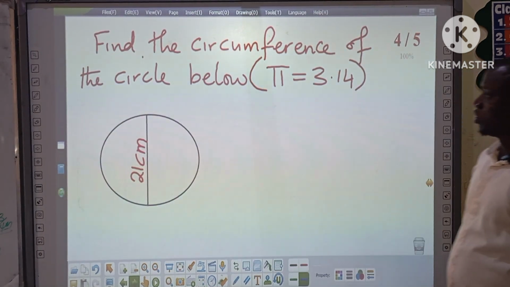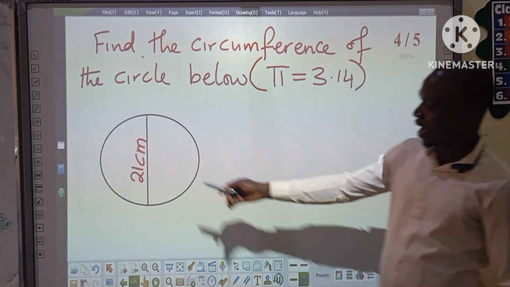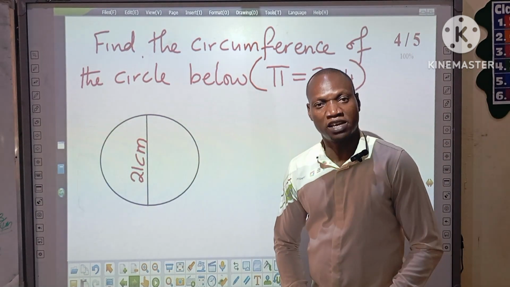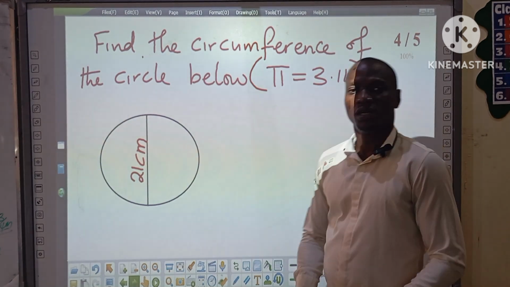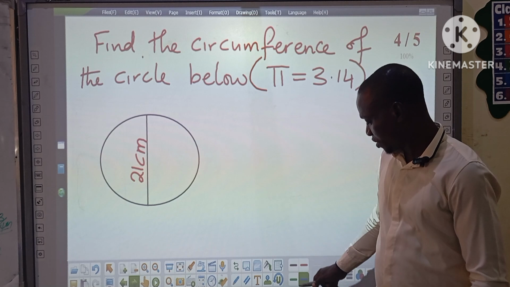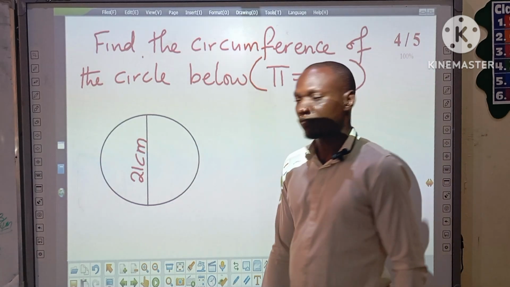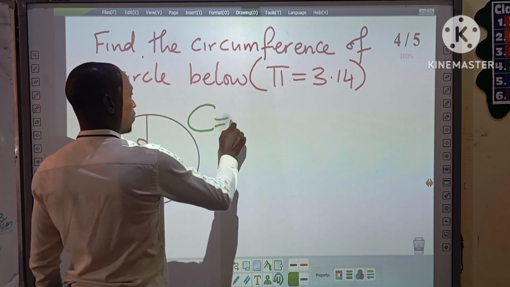Question number 2. We are asked to find the circumference of this circle, and the diameter was given, and the diameter is 21 centimeters. We were given pi at 3.14. With this, we move swiftly into action by solving. So circumference C will be equal to